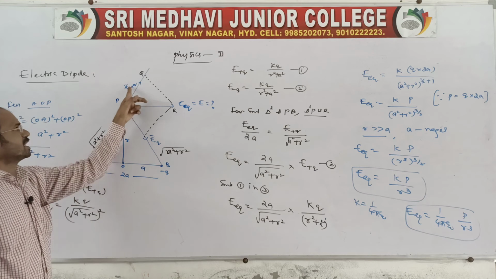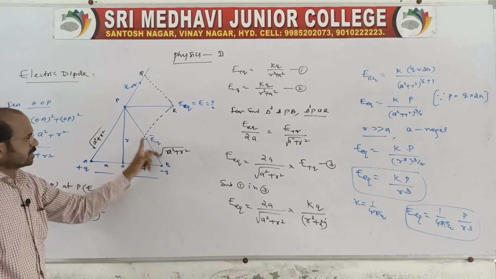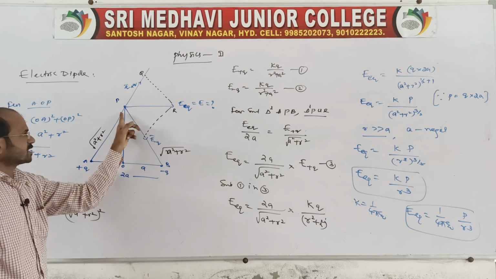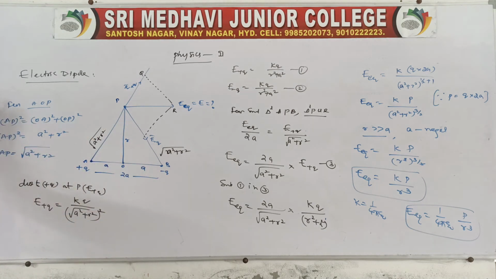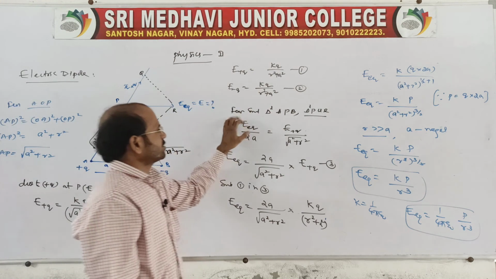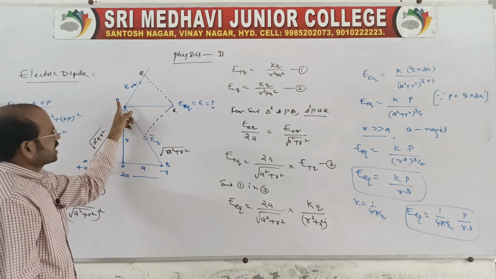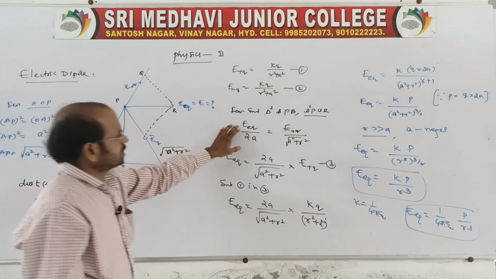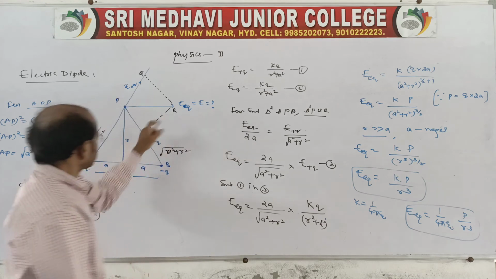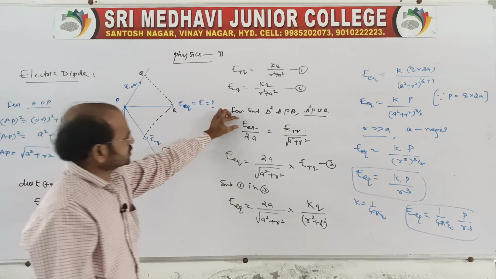Due to plus Q, there will be an electrical field intensity which acts away from it, that you write as E plus Q. And due to the negative charge, the intensity will act towards it. Now you find the distance between A and P and between B and P. So due to plus Q, you write the field intensity, and due to the negative charge likewise. From similar triangles, one triangle is A, B, P and the other triangle is P, Q, R. Using the similar triangle principle, E equatorial, the resultant, this length by this length is equal to this length by this length.